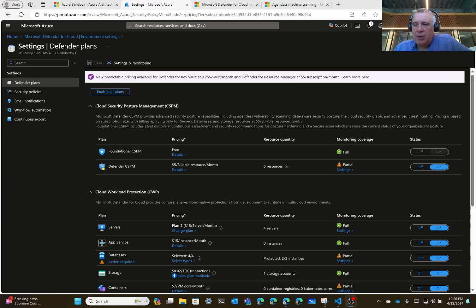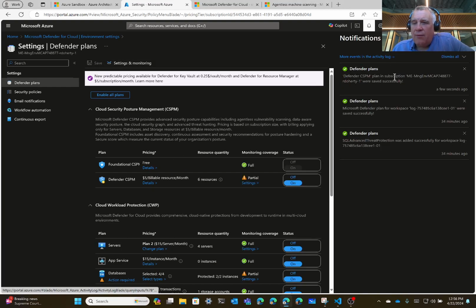Just one more detail on changing the plans. There was another save button that I had to click, and I clicked that here. And you could see I got a notification that there were some changes to my Defender CSPM plan that were taking effect. And that was